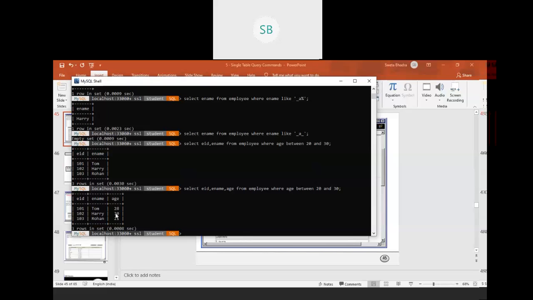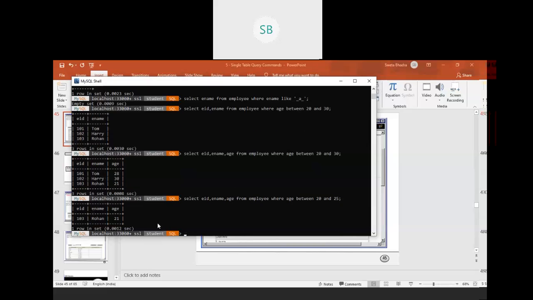Okay, so you see all the ages are between 20 and 30. Now if I reduce the age limit, let me do it 20 and 25. Ages between 20 and 25. I can give salary also. So it's only Rohan.